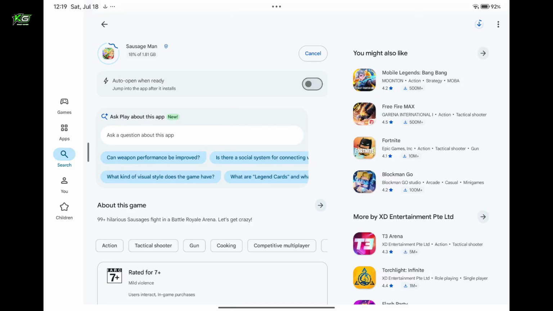Once the installation is complete, you can launch the game, sign in or create a new account if prompted, then download any additional game data and start playing. And that's how you download the Sausage Man application on your Android device, whether you are using a smartphone or